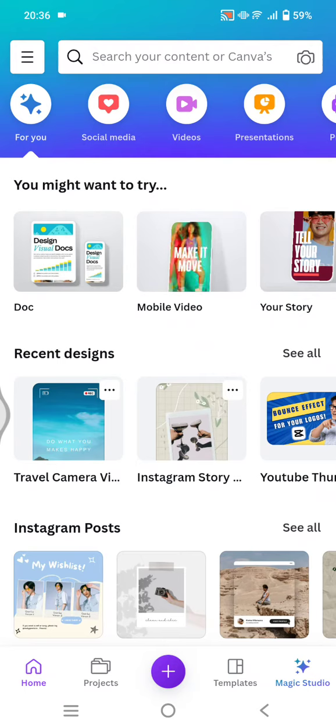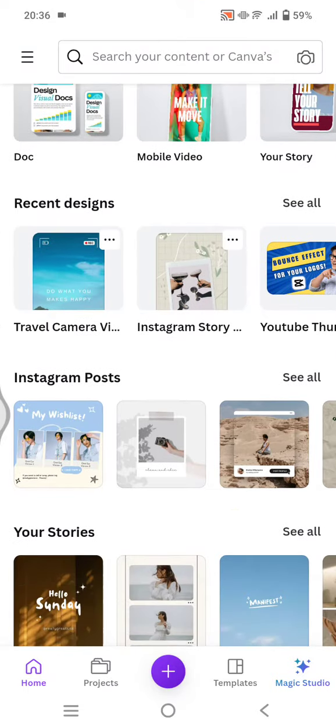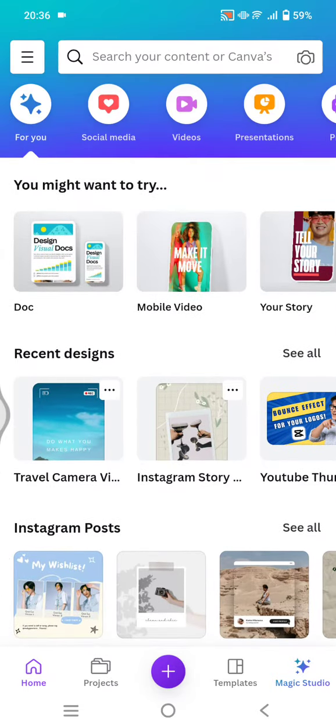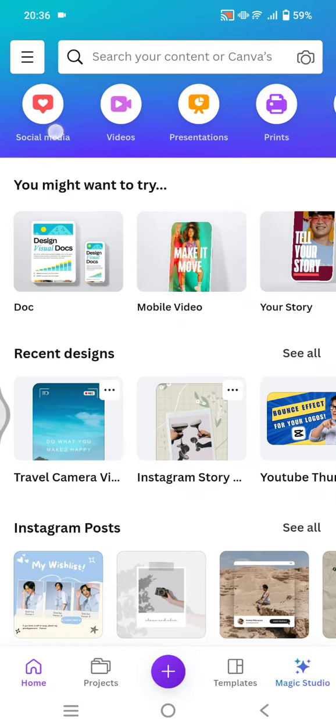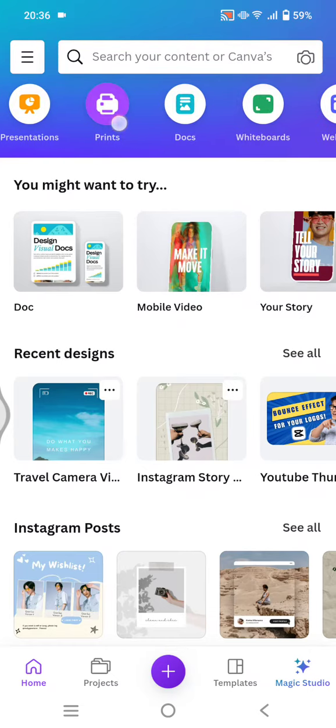On today's tutorial, I'm going to show you how you can design your water bottles with these cute templates from the Canva apps. So here I've already opened the Canva apps on my phone, and to find the templates you can just swipe here in the toolbar at the top. Just swipe and click on the prints option,